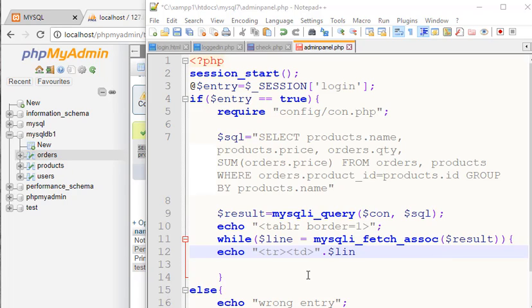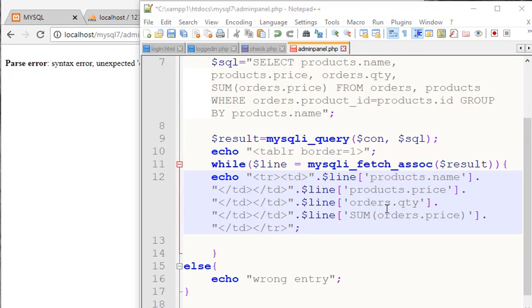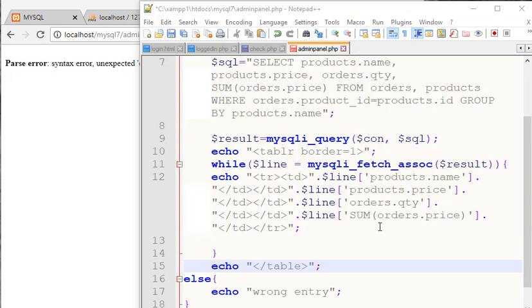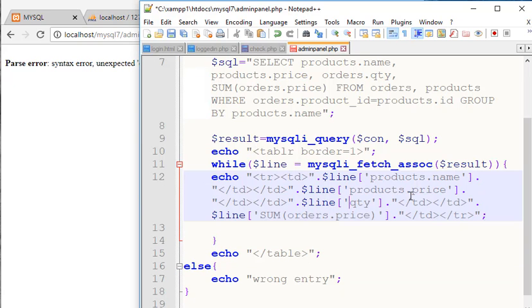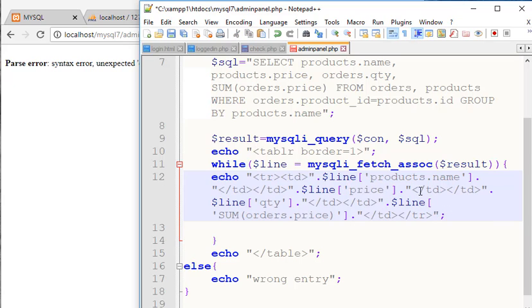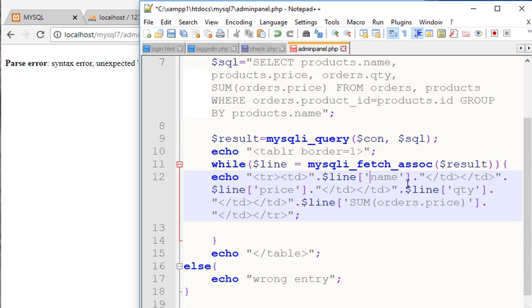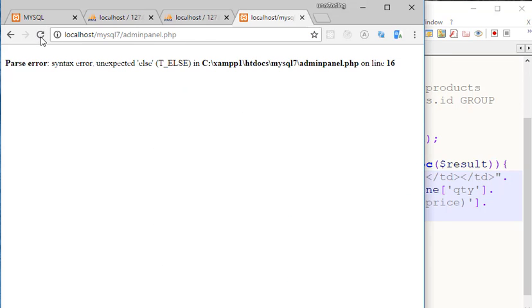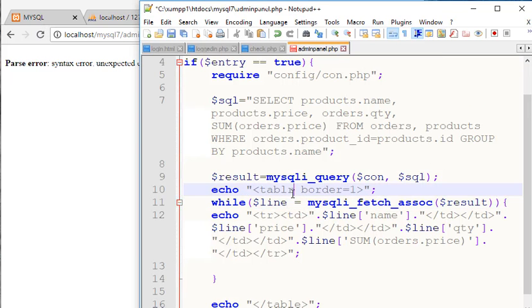Then we'll echo our product name, orders quantity, so on. So all of these. So here is the final result. Basically what we're doing here is we're writing our table with our product's name, product's price, orders quantity, and sum orders price. What we also need to do to just make it without errors, we can take out the table names, so orders dots and products dots, they aren't needed. Let's go ahead and actually try this. So first of all, there's just a little mistake here. Instead of table I put an R,